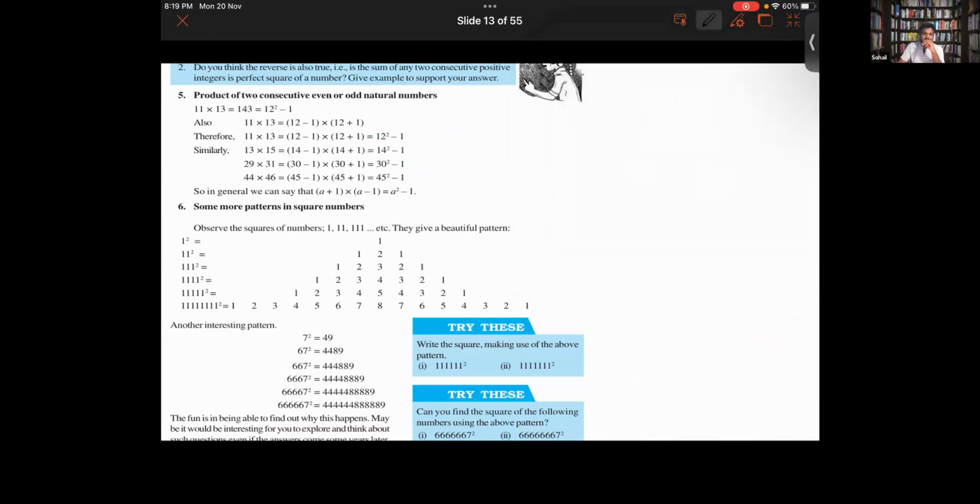See, I have written the square of numbers here. The squares of numbers like 1, 11, 111 are given as follows, right? And look at the pattern they are forming. The square of 1 is 1, for 11 it's 121. So notice